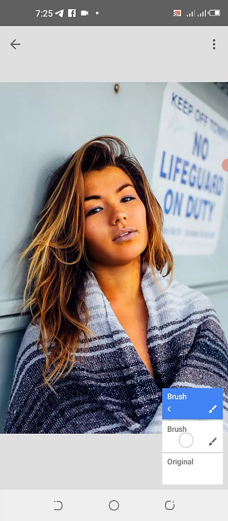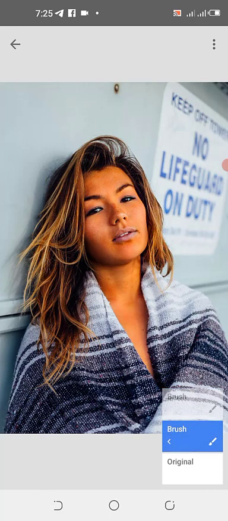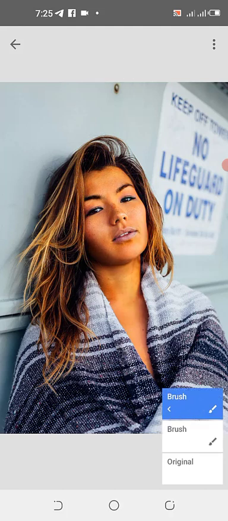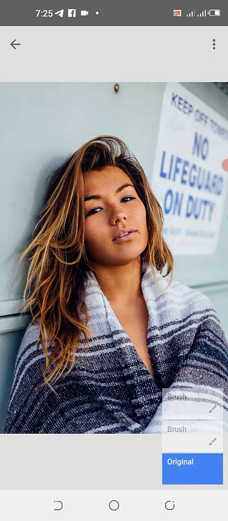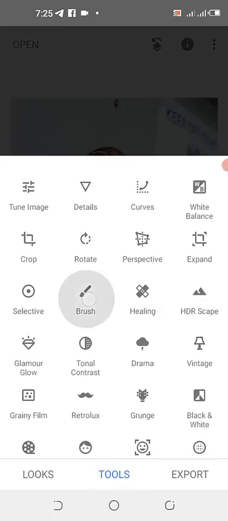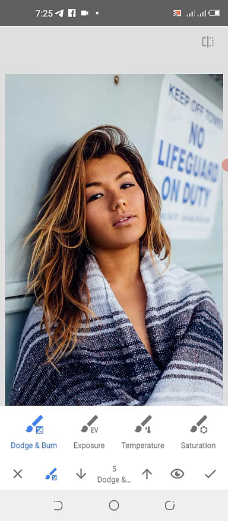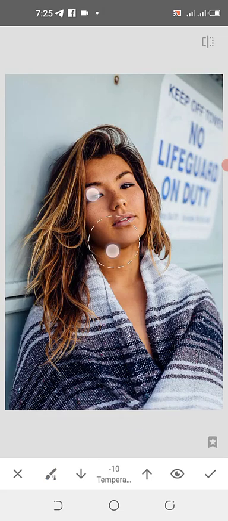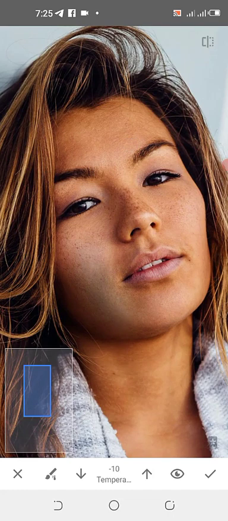Now when I come here, I cannot move this. That's one with the button of Snapseed. You can just come here and choose this effect, maybe, except I'm going to go with everything. So we come to the brush, and you can play with temperature and exposure. If you come here and play with the temperature, this is minus, let me raise back the effect and just add 5